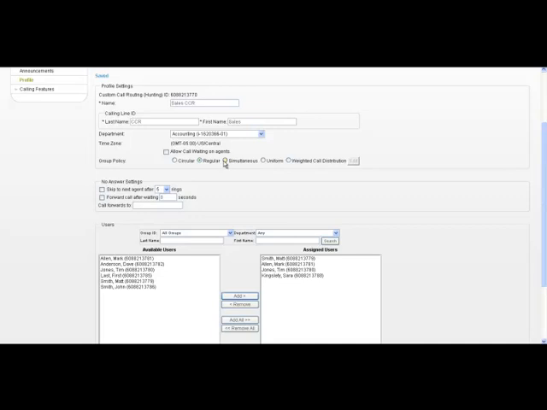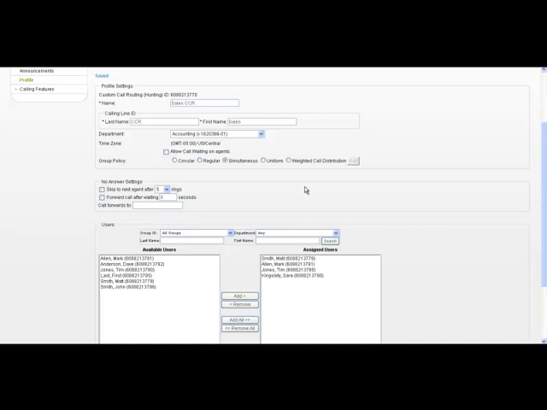The simultaneous policy routes incoming calls to all agents at the same time. The first agent to answer will handle the call. This policy is great for a small company with 2 to 5 office workers who do not have an auto attendant or a live receptionist to handle incoming calls from the main telephone number. For example, you can enter your company's main phone number as the pilot number for the custom call routing group, with all office workers listed as agents in the group. Anytime there's an incoming call to the main office telephone number, all phones will ring and anyone can answer the